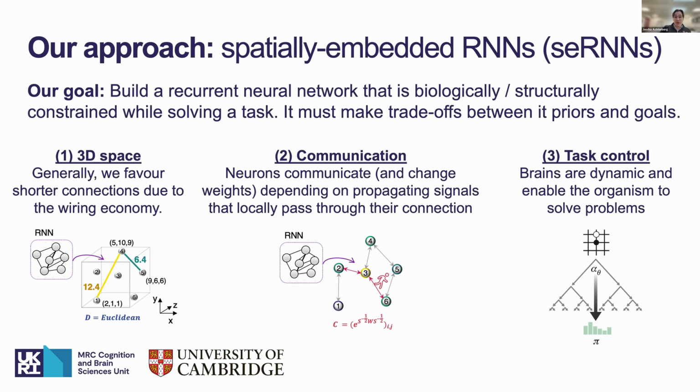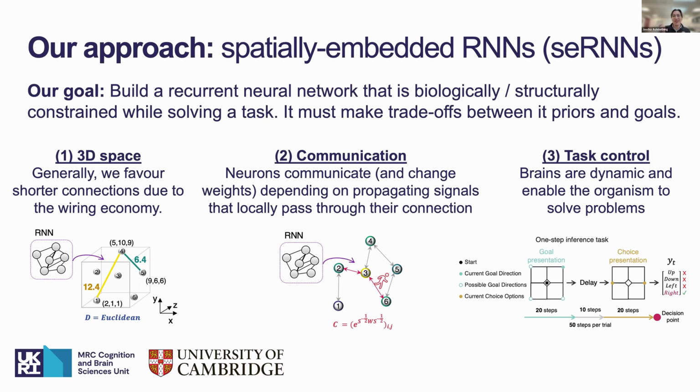And then the task that we use here is a simple, say, one-step inference task. So basically what you have to imagine is the network sees a goal, there's a delay, then it sees two choice options, and it has to take the correct choice. You can make an analogy here to a maze task in a way, where you have to navigate towards a goal. But it's also fair to just think about it as stimuli A and stimuli B integration, and there's a table which properly defines what the correct solution is in this problem setup.